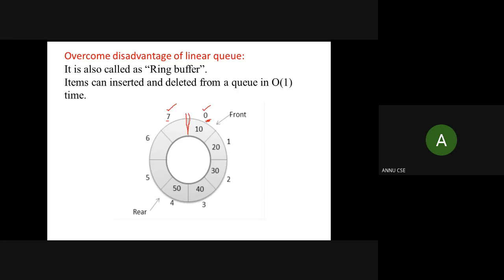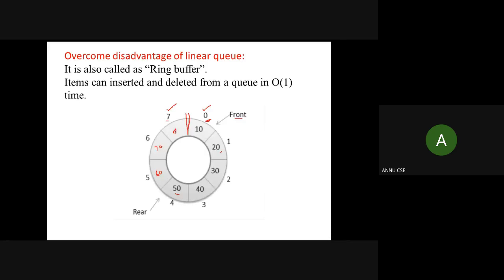Whenever we add a new element in the queue, the rear end increases and the front end remains the same. Let's suppose I have added 5 elements in the queue, starting from the first position, index number 0 up to index number 4. For further insertion, let's suppose I have added 60, then 70 and 80.